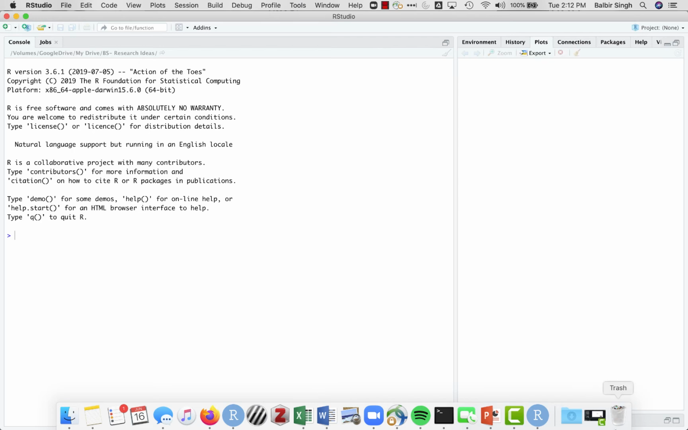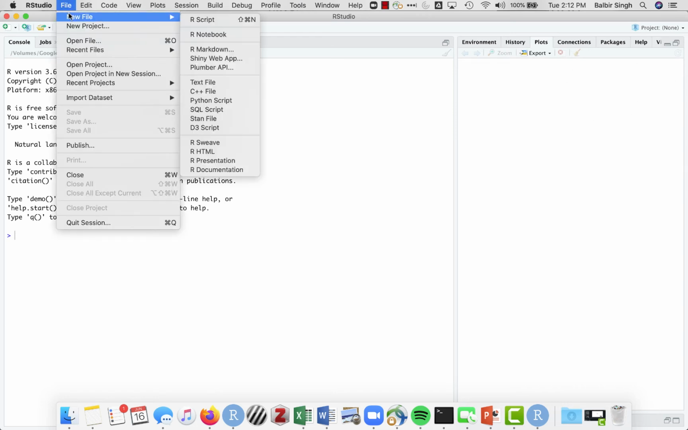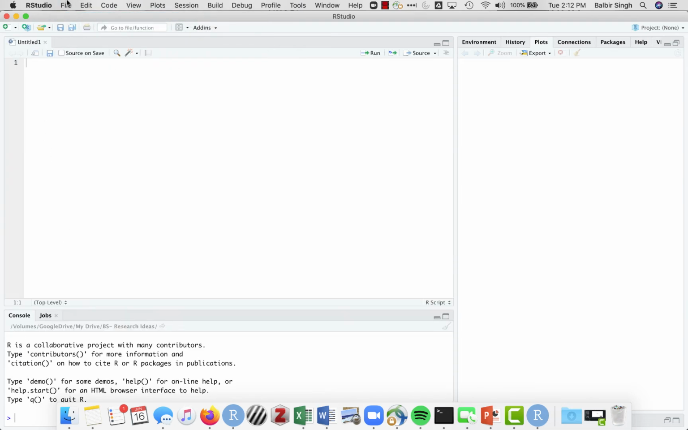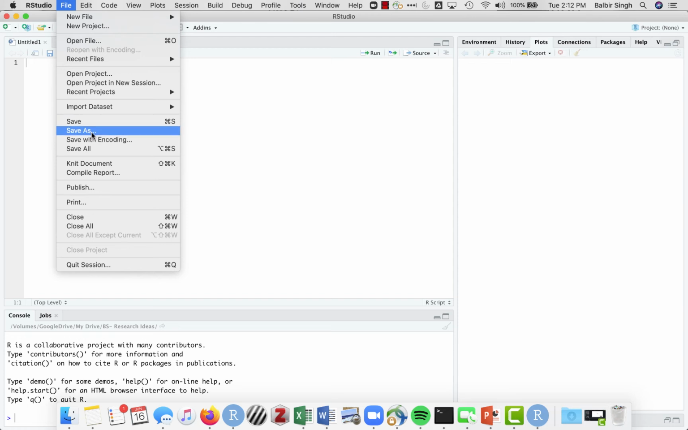Next, we've opened up RStudio. So here I have a console, I have my environment. So the first thing I'm always going to do is go to New File, R script, and I'm going to save this R script as well. So if we go to File, Save As,